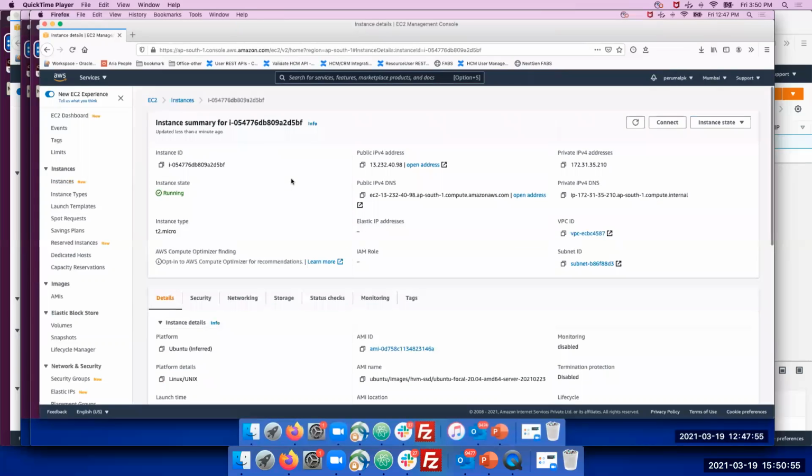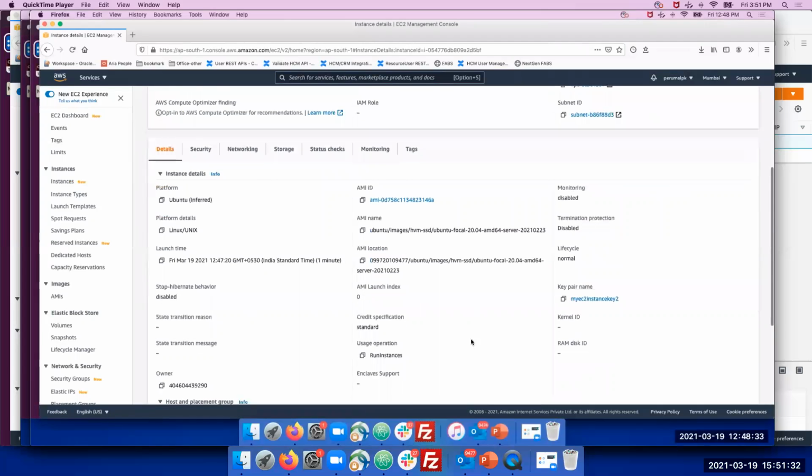These are the EC2 instance configuration details. We have a public IP and a public DNS name. We can use any one of them to access it remotely, from our local machine. By clicking this button, we can copy that DNS name and paste it in our notepad. Whenever we need to connect or communicate with this EC2 instance, we can use that. Now these are the basic details.